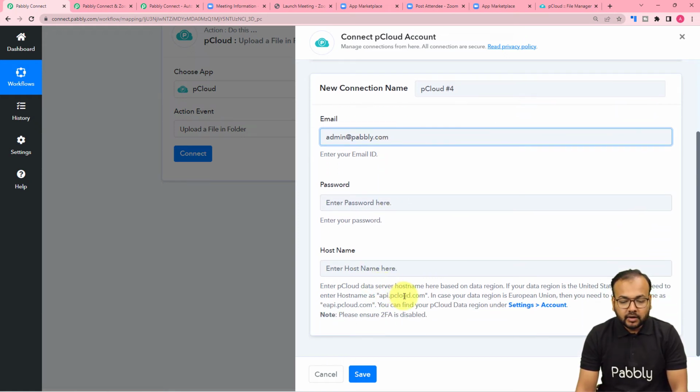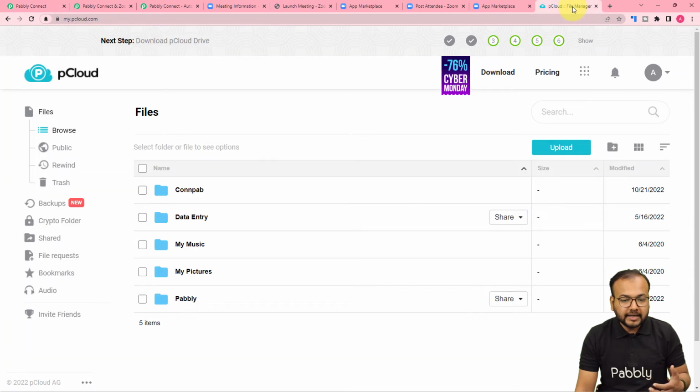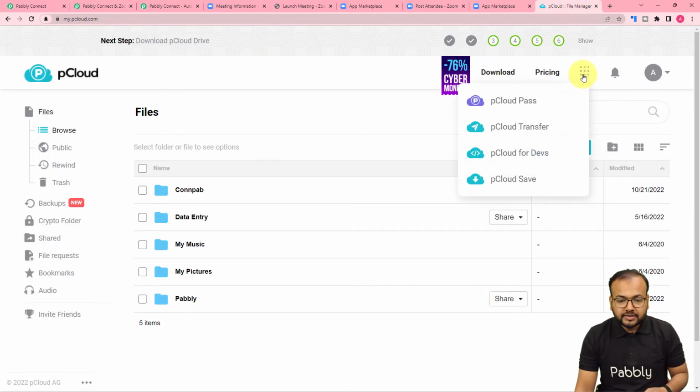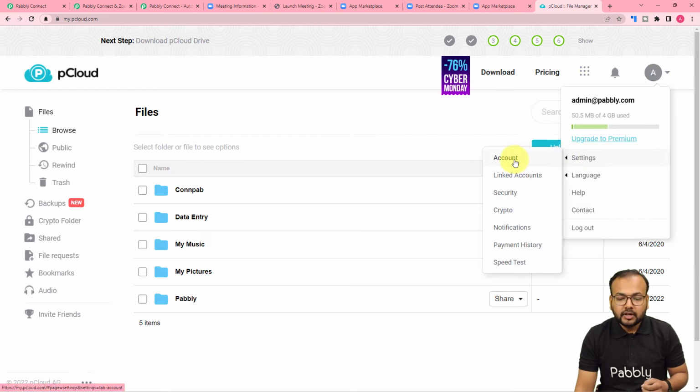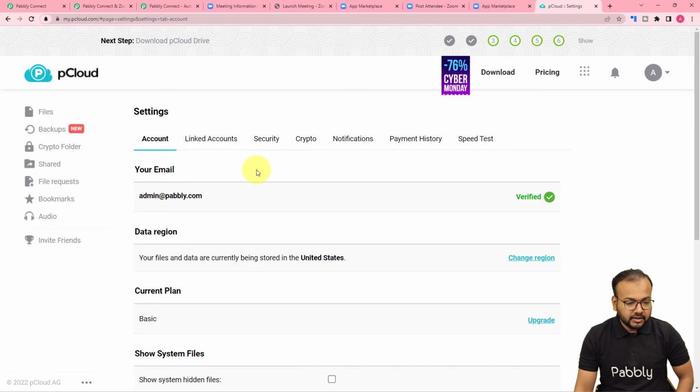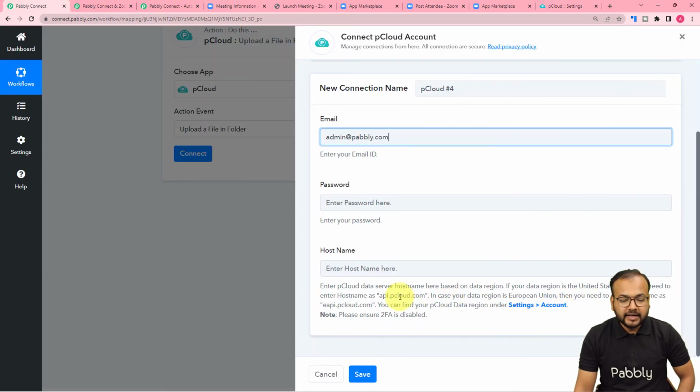So here, if the region of your account is United States, you need to put the host name as this, or if your region is European Union, the host name would be this, and you can check the region under the account settings of pCloud. So you can just go to pCloud, from this profile icon you will find this settings option. From here, click on accounts, and when you scroll down, you will find this data region. So my data region is United States. So I'm going to fill the host name here as this,